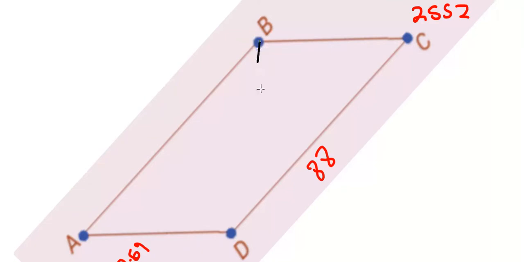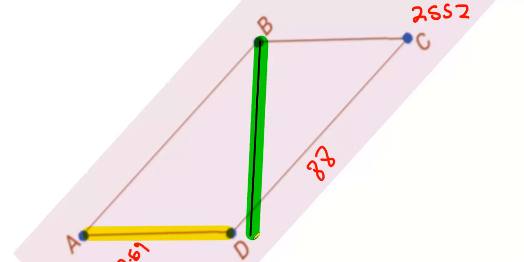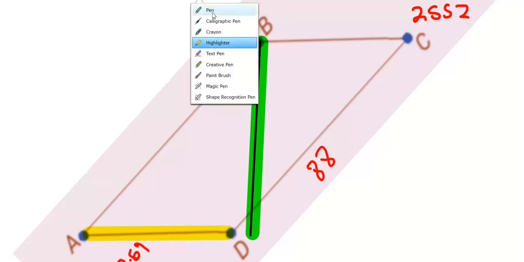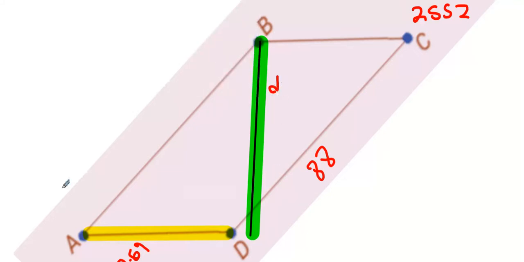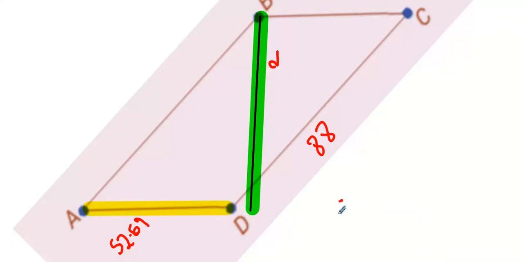multiplied by D, which is the perpendicular distance between the two lines, has to equal 2552. Will somebody do me a favor and get 2552 and divide it by 52.69? 2552 divided by 52.69. What do we get? 48, perfect. Okay, guys,